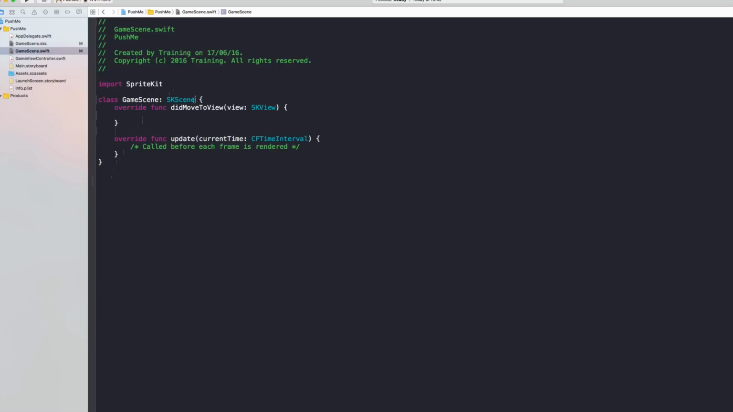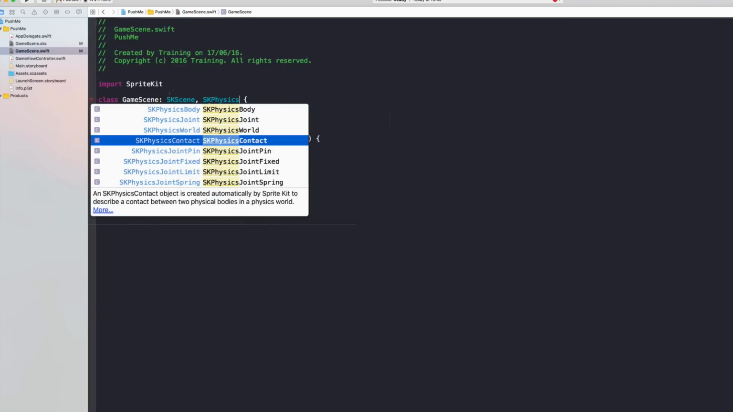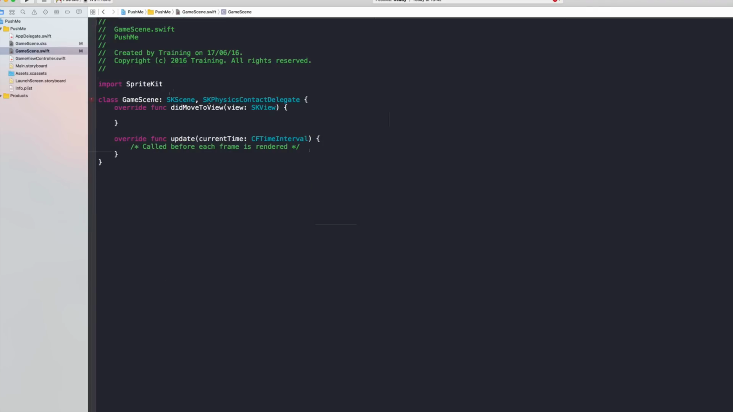So let's now begin with adopting, first of all, an important protocol, which is the SKPhysicsContactDelegate, since we need to test if we are touching one of the obstacles with our players. And we actually have two players. These are the two red squares that you've seen earlier. So let's define them as properties here, which is an